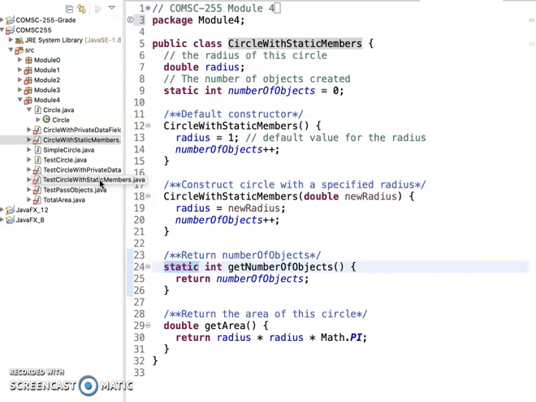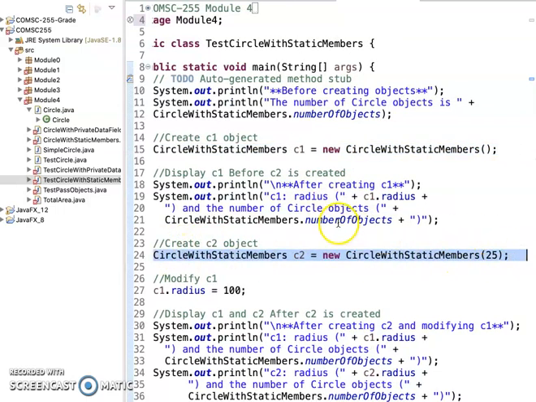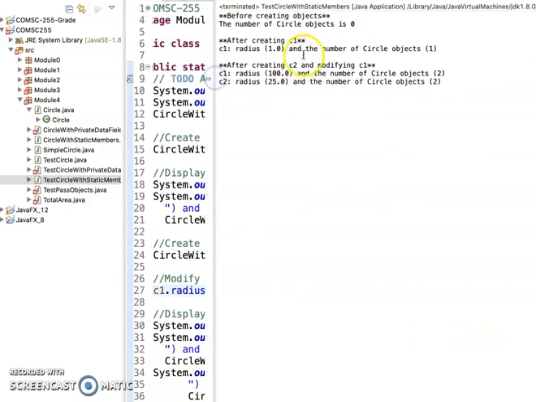We will use another main function to test this. This one is the circle with static method, and then we have the test circle with static member. I want you to run this program and see if you understand. You can see here we print, before we create any object, how many static members from the object we have. Then we create C1 and C2, and then we change the radius. Then run the result; I want you to check this program. You run the result, and that's why we see we have